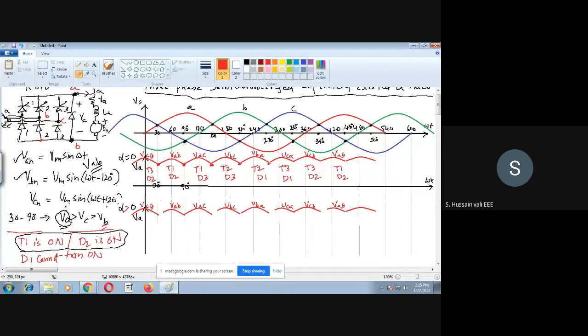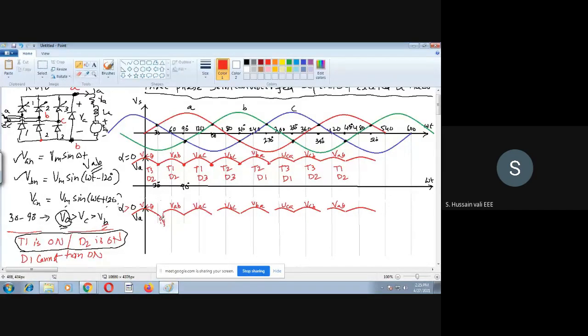So during this freewheeling diode, as there is a freewheeling diode, and you find out this is negative, then you'll find out this thing. What you will find out is that this you will find out. You see here, this important thing you will find out here.